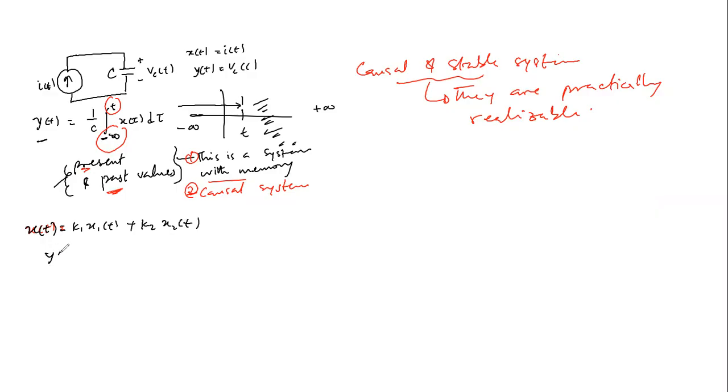Then y of t will be the same as 1 over c, coming from here, integral from negative infinity to t, s of t is that, k1 S1 of t plus K2 S2 of t